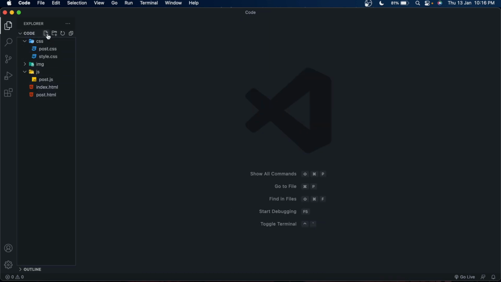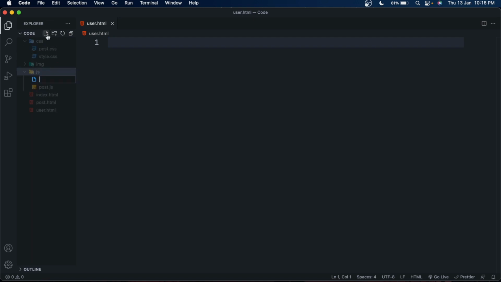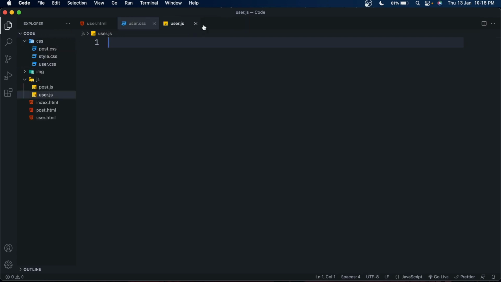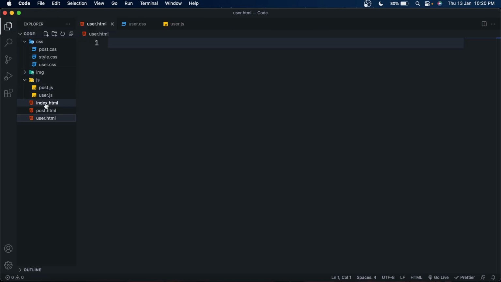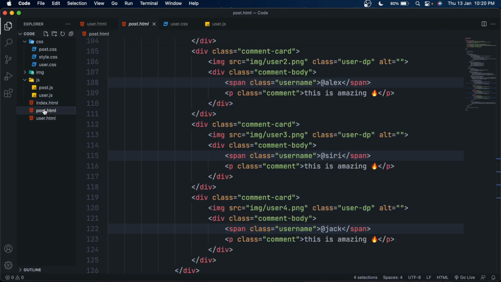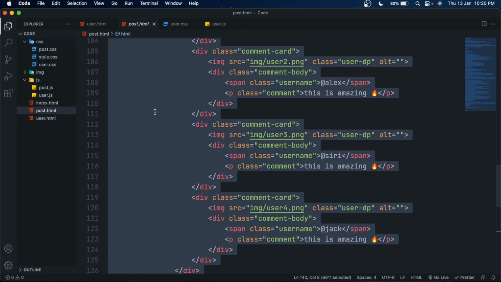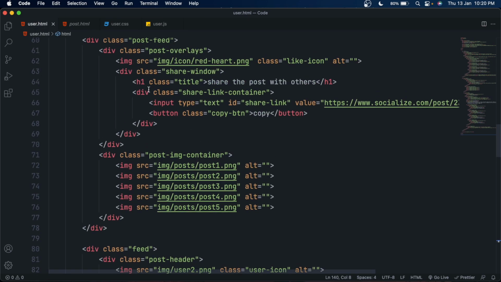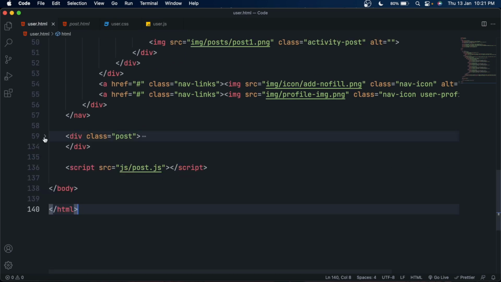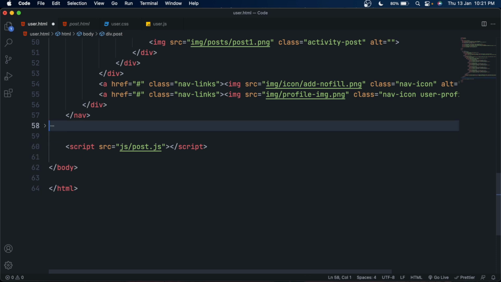Now let's make a user.html file for user page and also make a user.js file because we will need some JavaScript there, and make user.css file inside CSS folder. And now let's code it. For this page, open post.html file and select the whole HTML code here and paste it inside user.html file, and you can delete the post section.